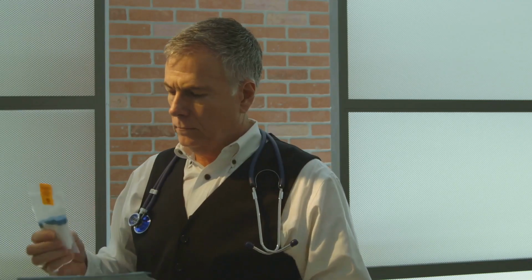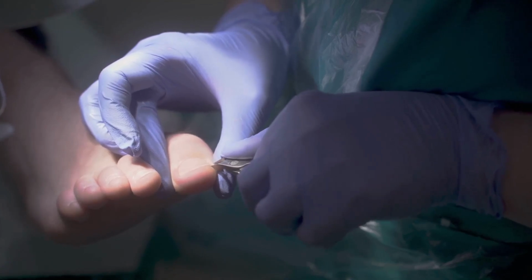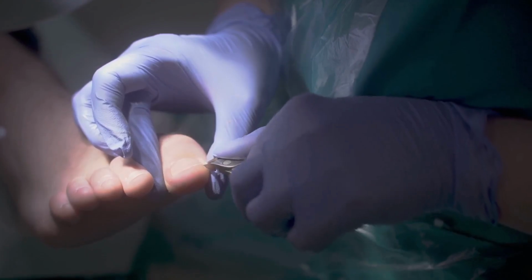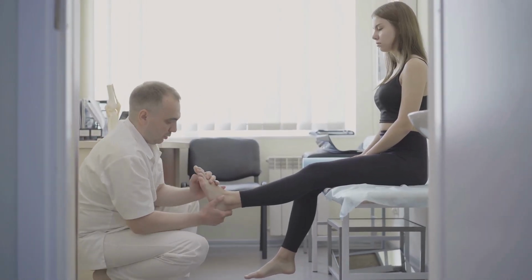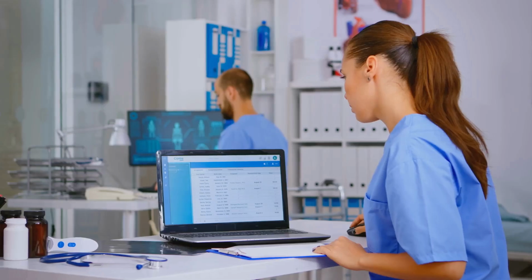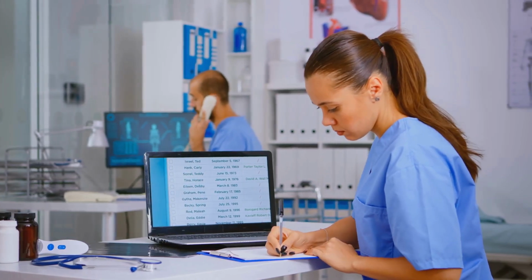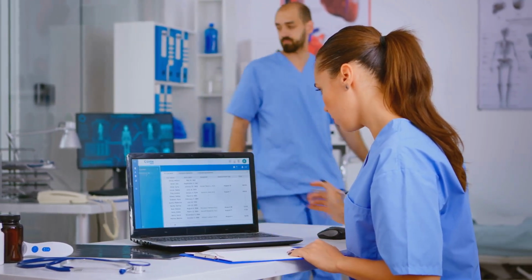Accurate documentation is paramount when billing with HCPCS Level 2 codes. For custom orthotics, the documentation must support the medical necessity and the custom nature of the device. For diabetic shoes, specific criteria regarding the patient's diabetic condition and foot complications must be met and documented. Podiatry practices should maintain detailed records, including physician orders, proof of delivery, and any necessary certifications or advanced beneficiary notices,